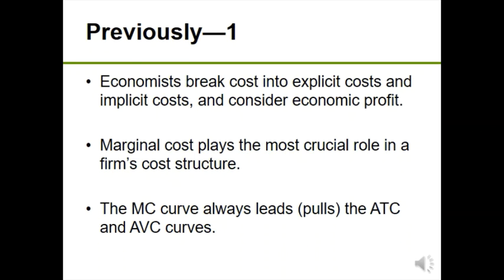And just to refresh everyone's memory, what we were talking about last chapter was how economists look at the different sorts of costs of a business and put them together to consider economic profit. And remember, we mean economic profit, which is taking opportunity costs into account. We don't mean accounting profit. And this is very profound.